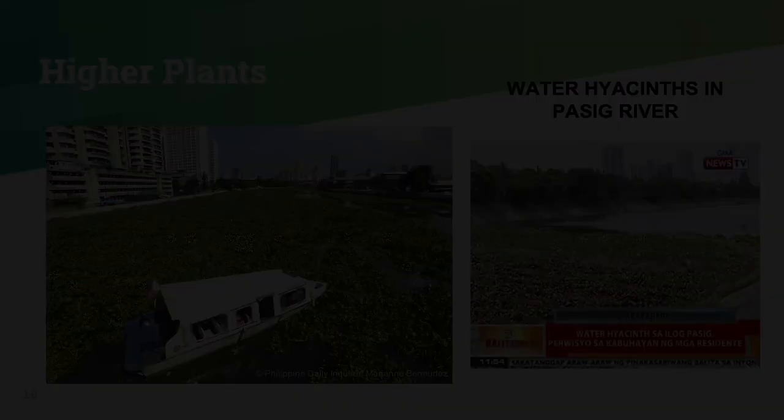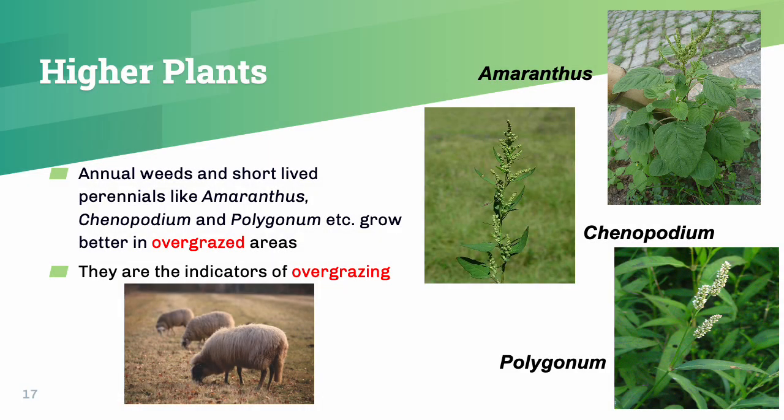Now, we also have here higher plants. So annual weeds or short-lived perennials like amaranthus, chenopodium, and polygonum, etc. grow better in overgrazed areas. So kapag overgrazed ang isang lugar, okay, at tumubo yung mga ganitong klaseng plants, amaranthus, chenopodium, and polygonum, this is an indication that that place was a victim of overgrazing. Okay? Now,